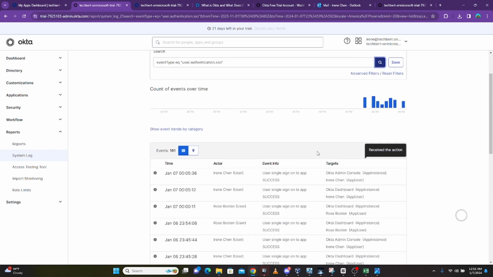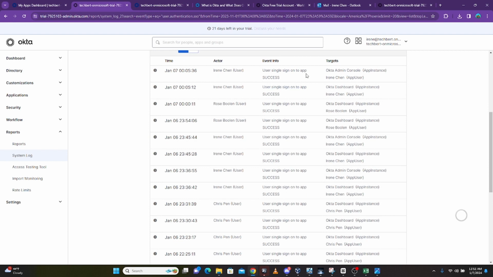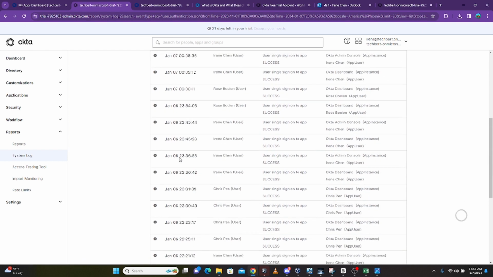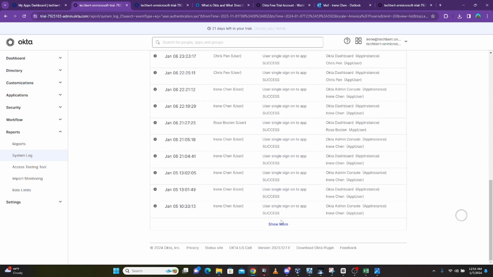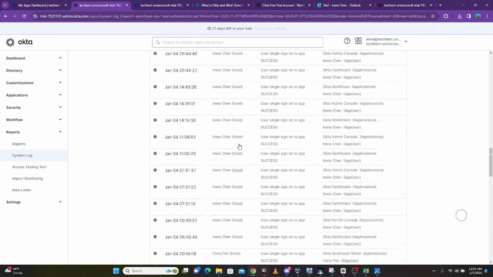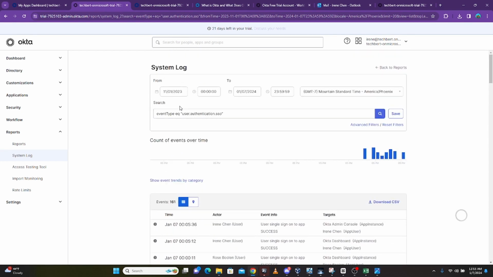All right, so this is going to pull all the users who successfully sign on into Okta, user single sign on to app. And it can go to, like, January, depending on the date. So for example, when you look at the top here, I have it from November